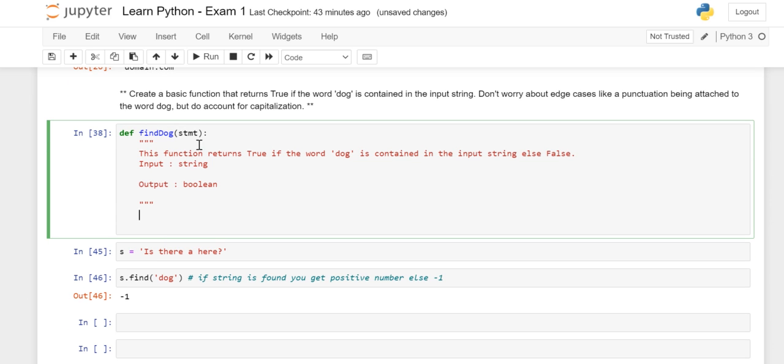We know that we have a statement. So what I said, stmt.find. We know what we need to find: the word dog. So I'll just write find dog. Now this statement is going to give me a number, so I need to store it somewhere.